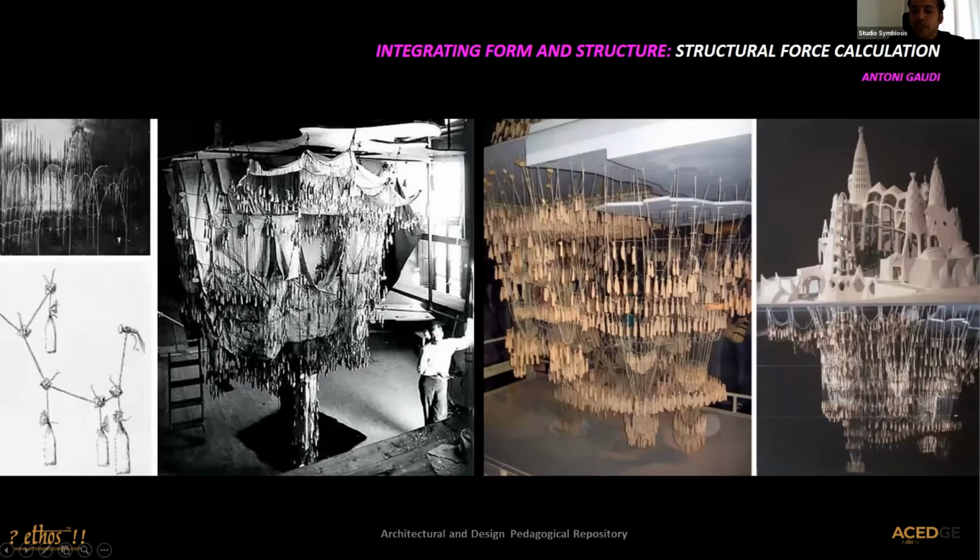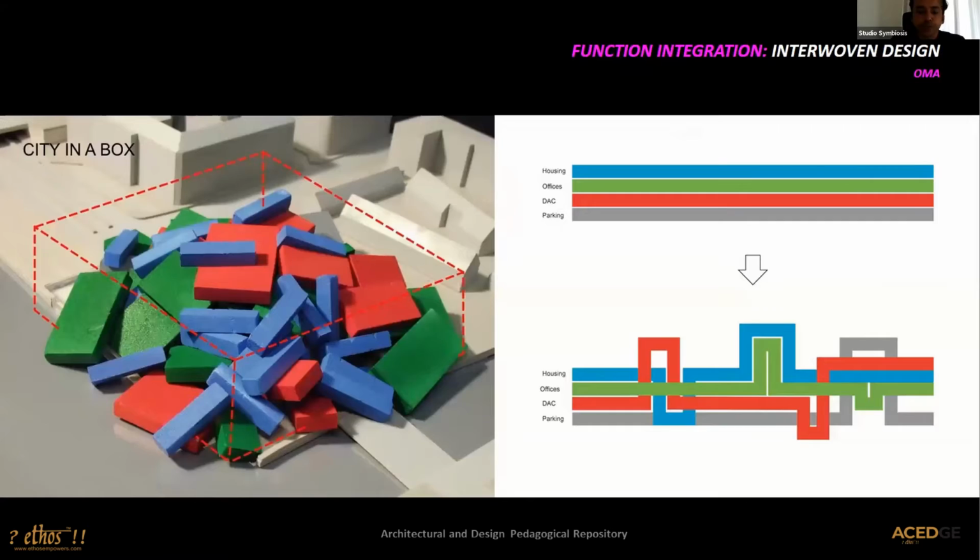So both these projects are looking at a system which was set up by the architect, but the design is generated through external forces, through forces of nature. Why forces of nature? Because anything in nature exists in perfect harmony. You'll not find anything in nature which is out of balance. And by using gravity and by using the wool thread method, what it essentially meant is that the project is actually in balance with the structure. And so this was one of the design elements which was used as a diagramming tool.